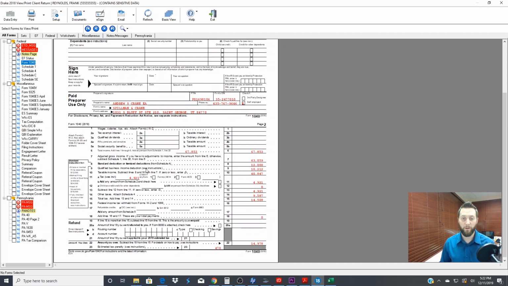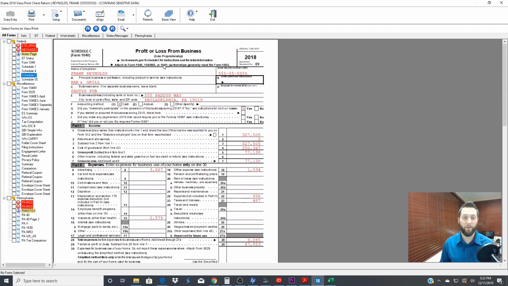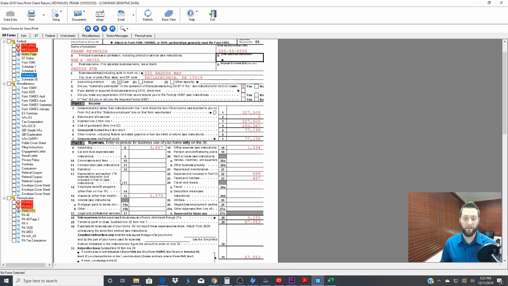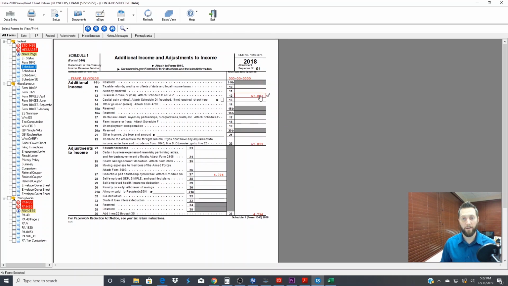You can go back through, and just for a quick recap, we can see the Schedule C. This is where your income is initially reported. You'll have your gross income, your cost of goods sold, which will derive at your gross income. You will then take into account your expenses to arrive at your net income. From your net income, it'll go to Schedule 1, where it's again reported as business income. 27 will report the deductible part of your self-employment taxes,